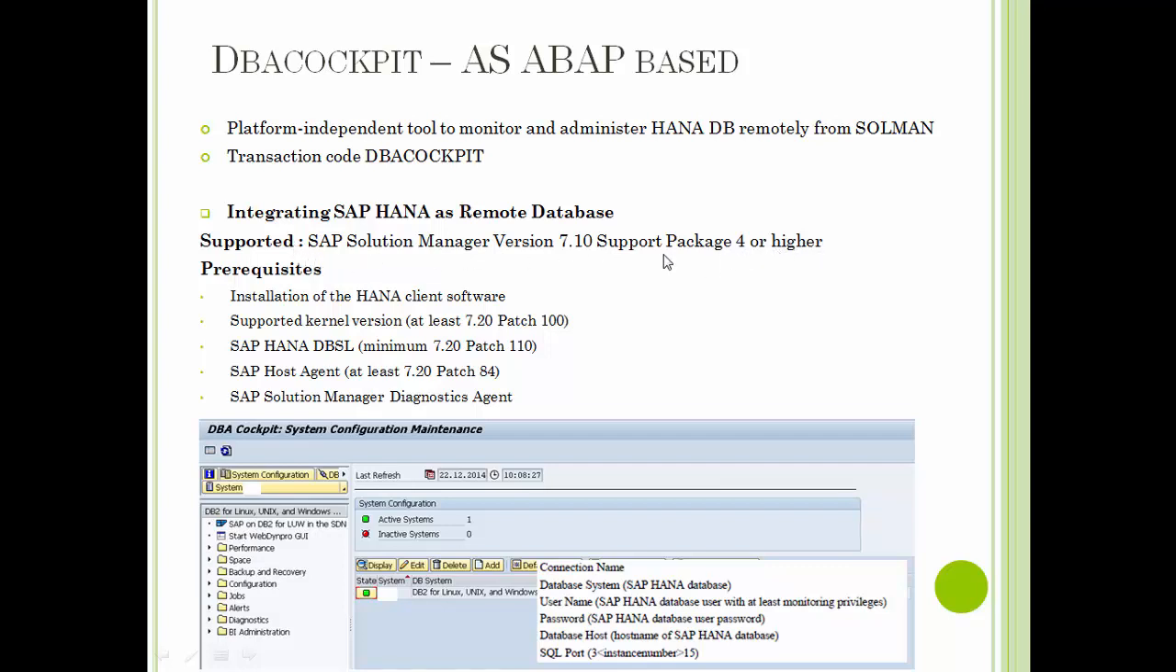So if the Solman is of this particular release, then we can integrate SAP HANA for remote monitoring through the SAP Solman system. And there are certain prerequisites to be followed. For example, installation of HANA client software on the Solman system is necessary, and the kernel version of the Solman system should be at least 720 with patch 100, and HANA DBSL database shared library should be installed with a